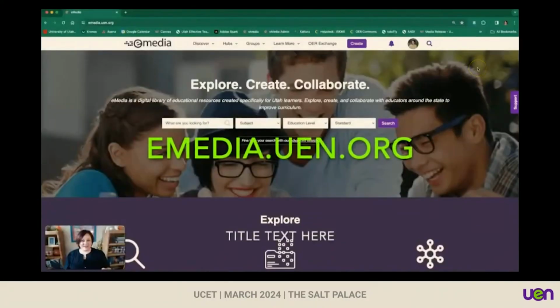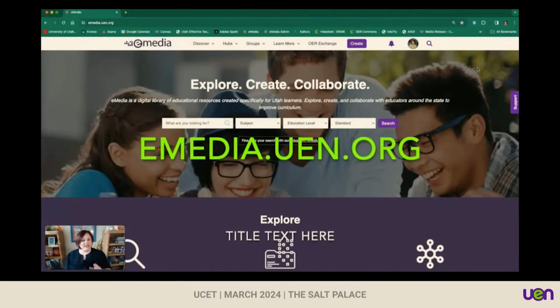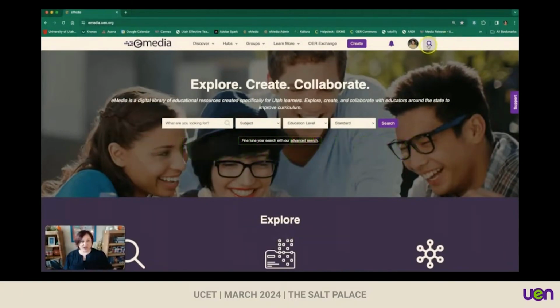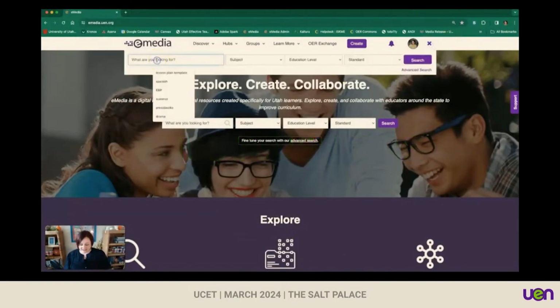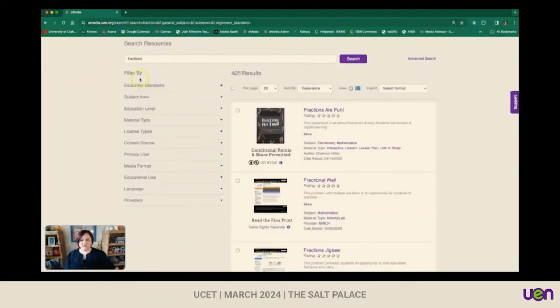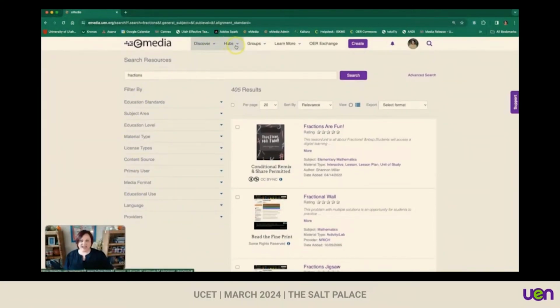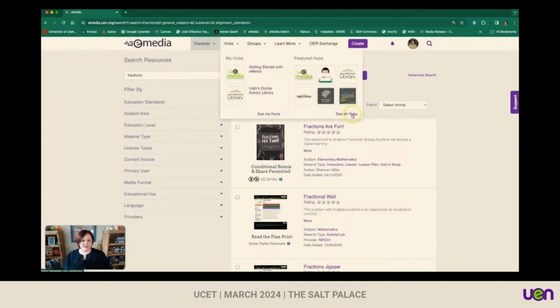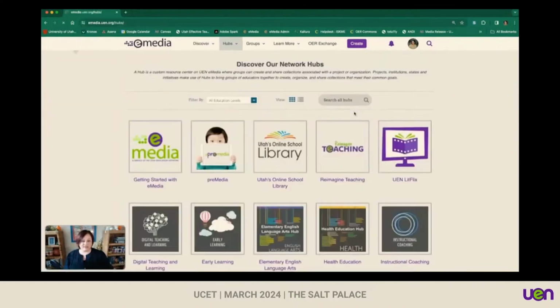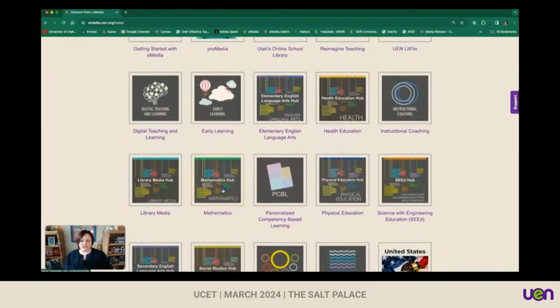So here I am at emedia.uen.org. The topic I'm teaching is fractions, so I could use this search tool and simply type in fractions and search. I could use the filters on the left-hand side here to narrow down that search, but I have a little trick. I'm going to actually explore the hubs by clicking See All Hubs